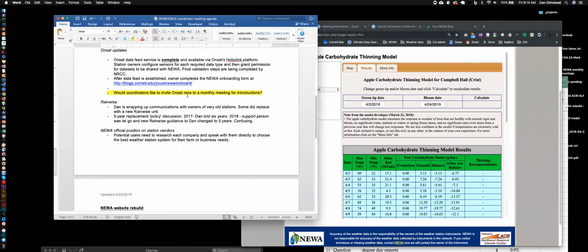Another point I want to clarify. People's experiences have probably been different, or maybe you haven't had to have this discussion with Rainwise support, but a couple of times now it's popped up where Rainwise says, well, NEWA and Rainwise have a 5-year replacement policy. This has been a very confusing situation for me, because in 2007, I had this discussion with a Rainwise support person, and they said, well, probably 6 years. So I started out by saying that, but then they changed staff, and it changed to 5 years.